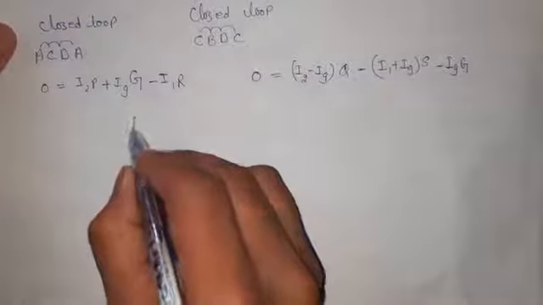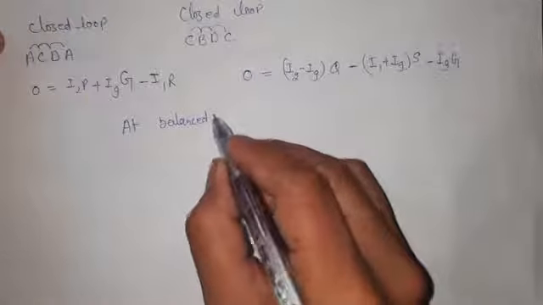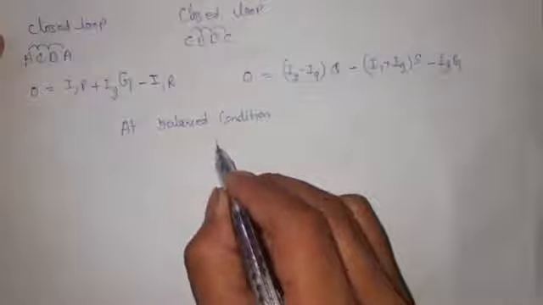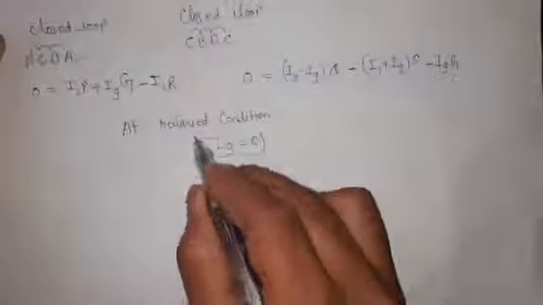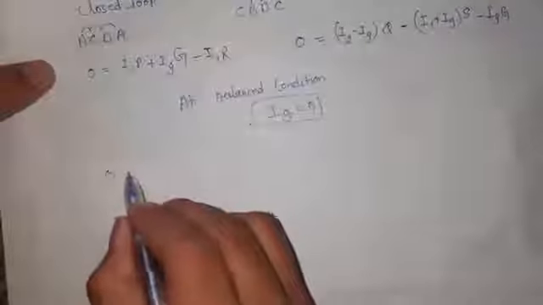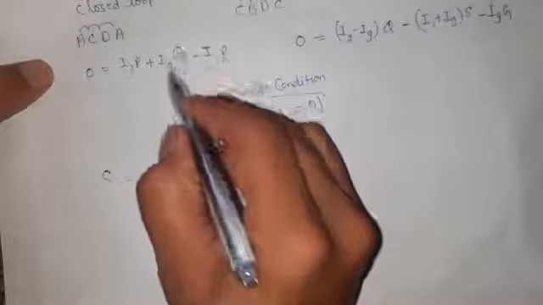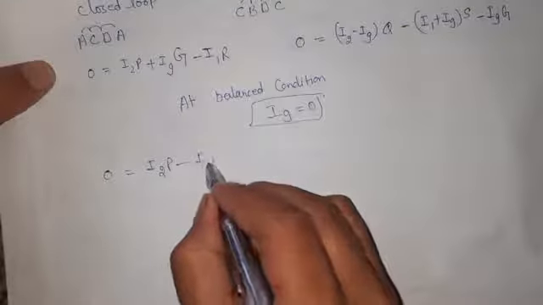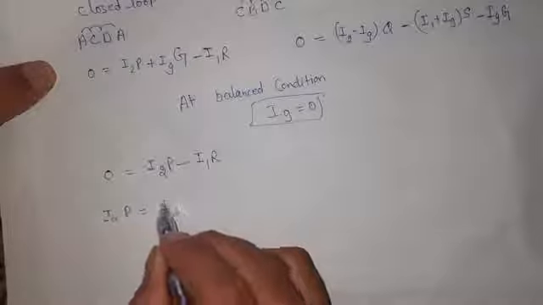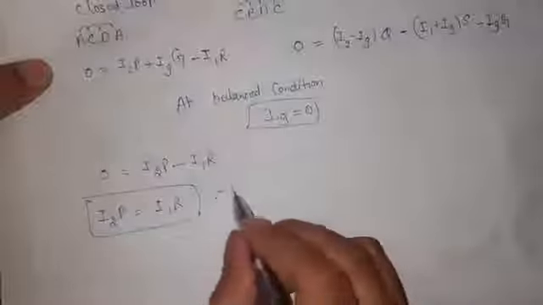Now we said that at the balance condition, we will adjust the value of the variable resistor so that we can get this balance condition. So what is the balance condition? The galvanometer current will be 0. How can I write this then? It will become I2P plus 0, so only the term minus of I1R will be left over here, or I2P is equal to I1R. This is my first equation. Okay, make it your first equation.